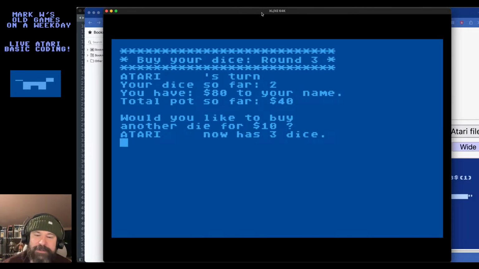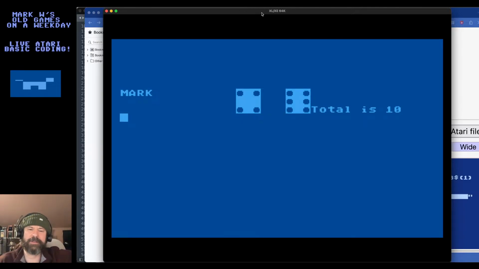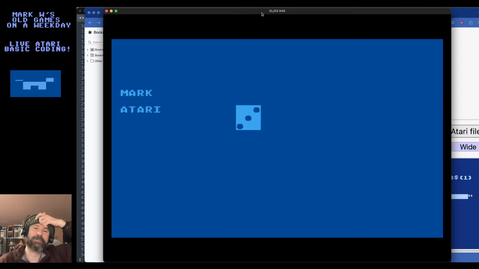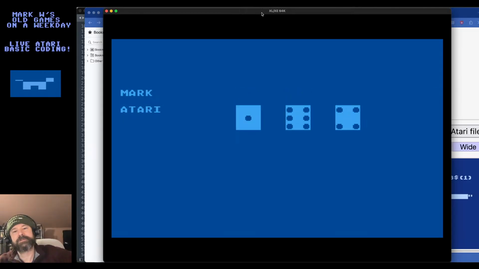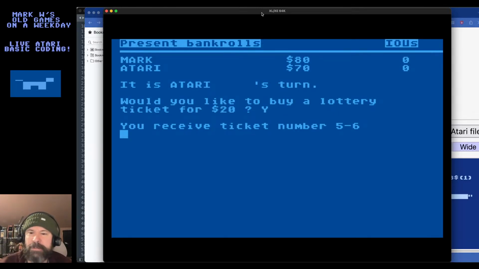Okay. Here we go. Gotta press my button to roll the die. Bam. And to roll the next die. Bam. Total is 10. I thought I made it do a space in front of that. Total is 9. Huh. Did my update not take?